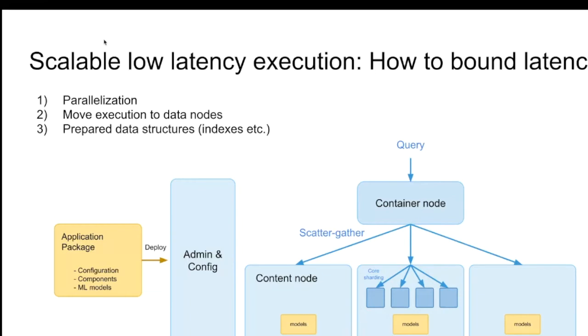So when we evaluate machine learning models, we don't look up the data, send it to a single node and evaluate the models. Instead, when you deploy models, we copy the models and all the data they need to all the partition nodes having data. And then we send the queries to the data nodes, evaluate the models locally over the data, and then aggregate the results. And lastly, obviously, this is a search engine, so we use things like reverse indices, posting lists, B-trees, and so on to be able to execute the kind of queries that we want to support quickly.